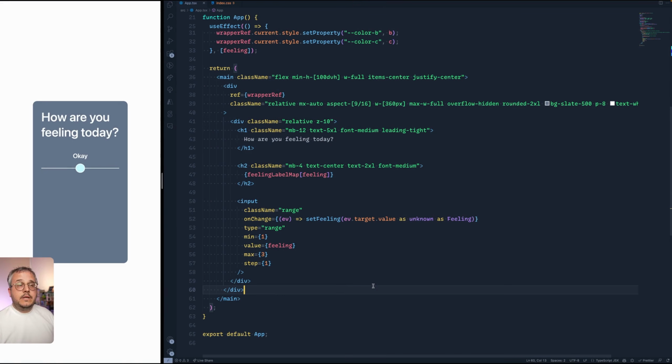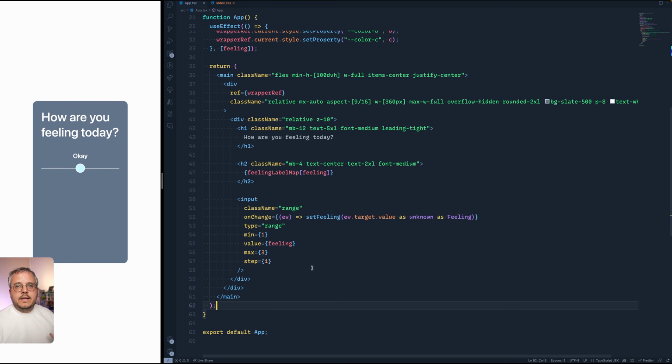So in order to make this video not too long, I already prepared a little bit of HTML for this. What you see here is the title, and there's a slider with a text above it. And if you move it, the text will update to could be better, okay, or happy. And you also notice that the knob is already changing colors, and that is because there is already some dynamic colors involved. There only is no background gradient yet. So let's take a brief look at the HTML that's already there, so we know how things are working and we can pick it up from there.